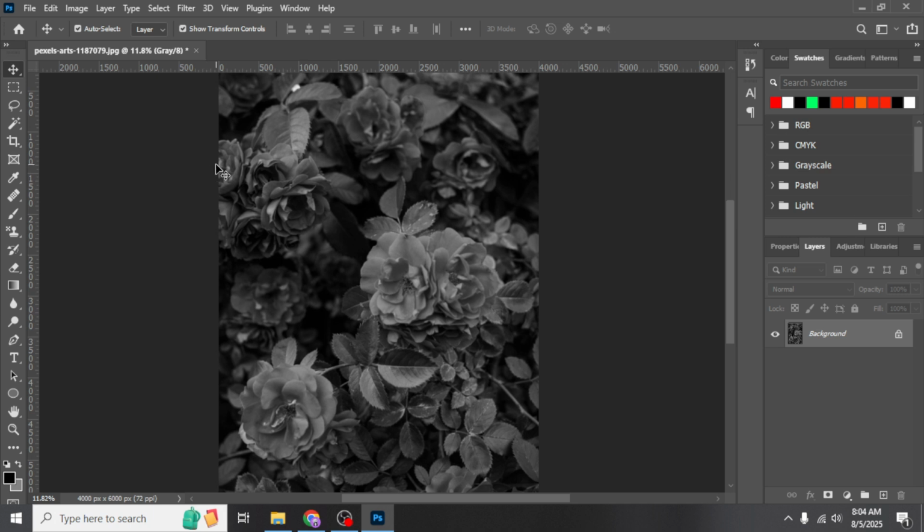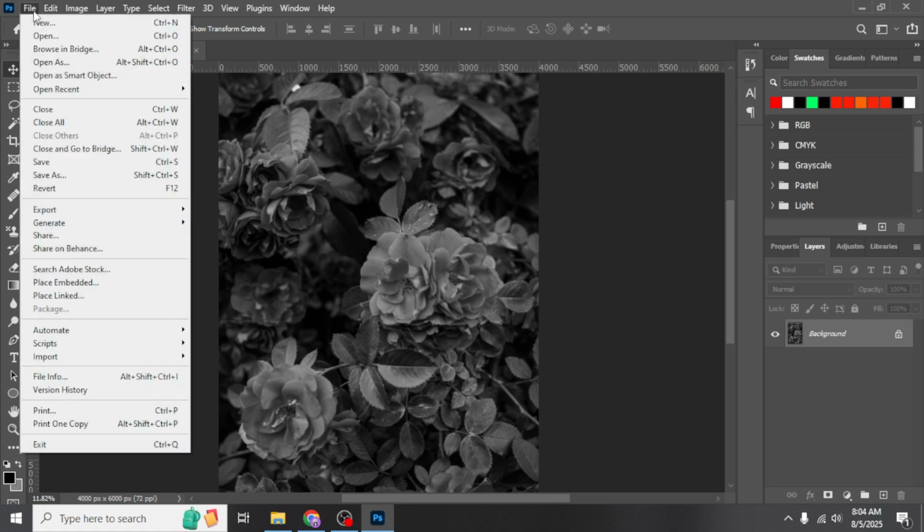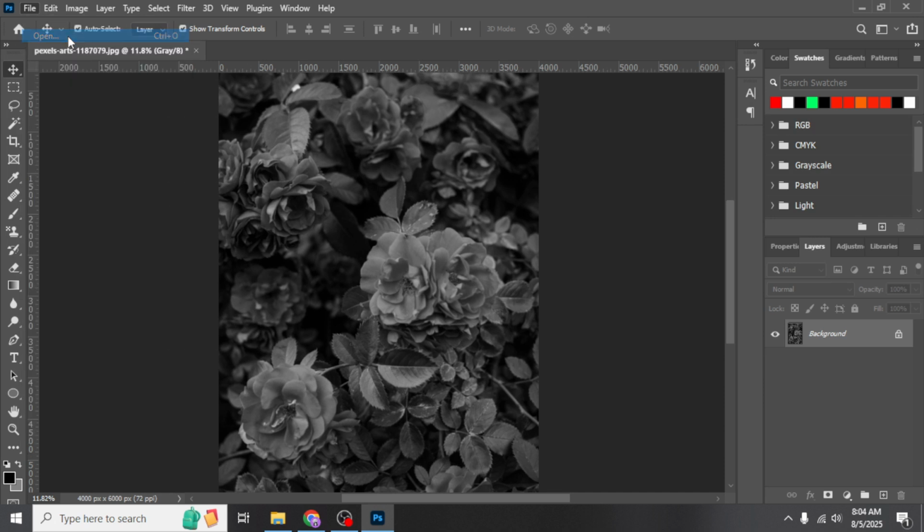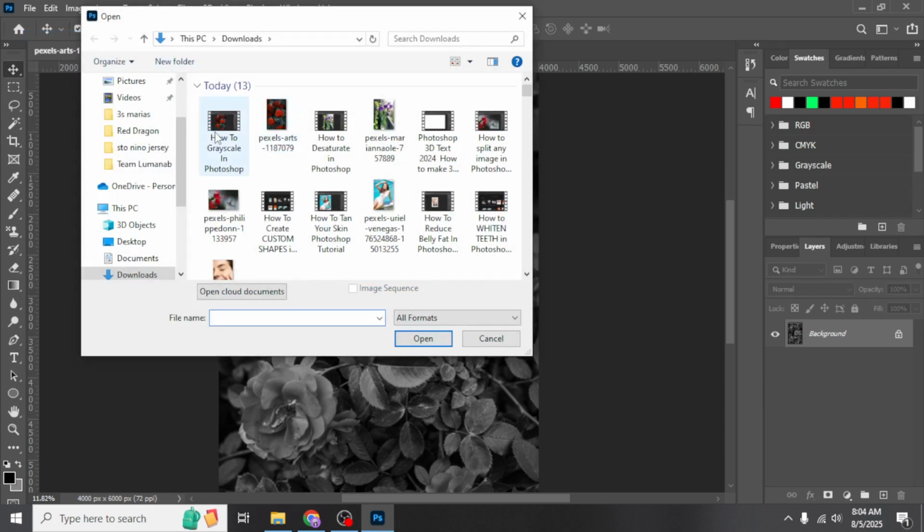Now that Photoshop is open, the next step is to add your image to the program. You can do this by going to the File menu at the top, selecting Open, and then navigating to the grayscale image you want to work with. Choosing the right image is crucial depending on your project needs, and having it in grayscale is the starting point